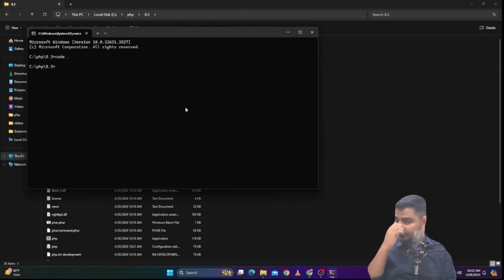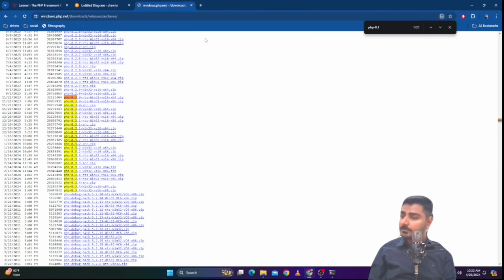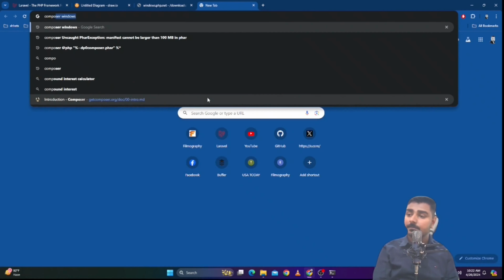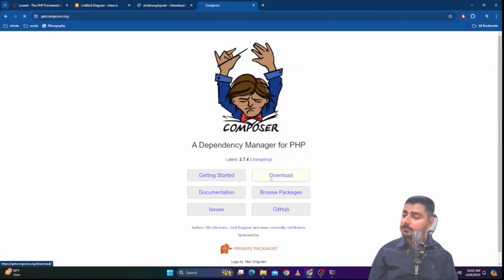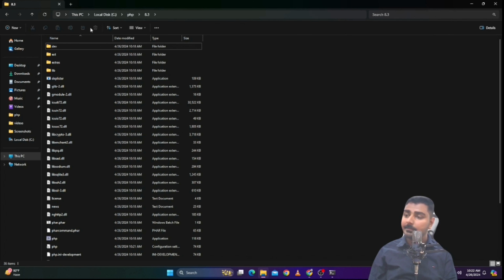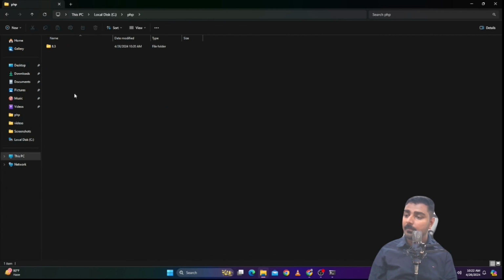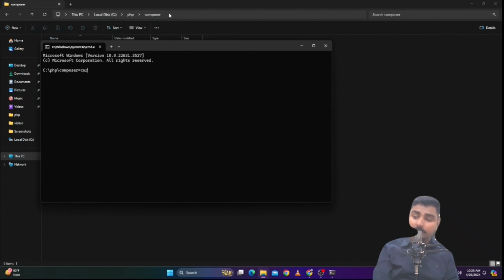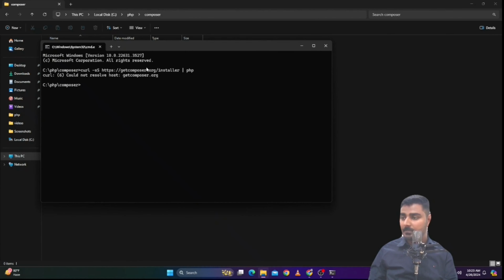The next part is Composer. First of all, search for Composer. Go to the download page. I'm going to come here and also come here. Create a new folder called composer. Call it curl. What it's going to do is download the shell definition from this route and pipe that into Composer, and